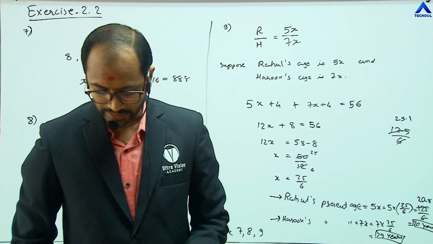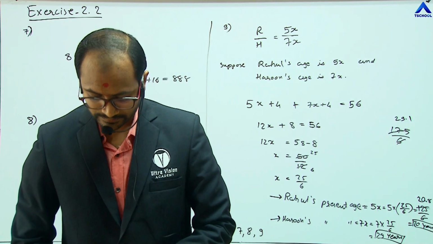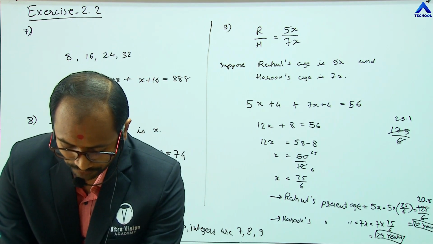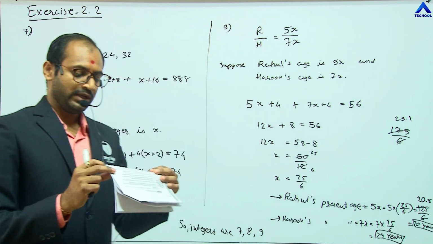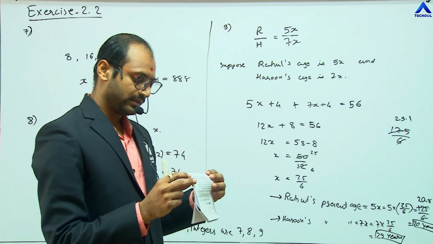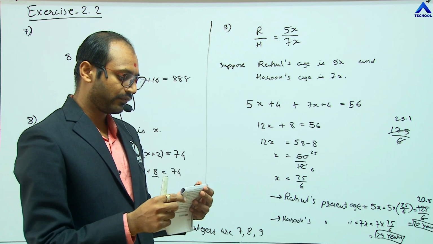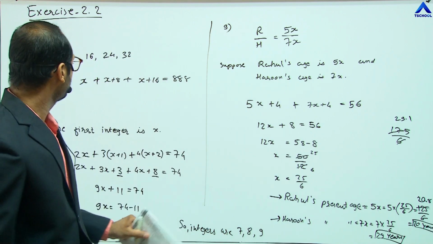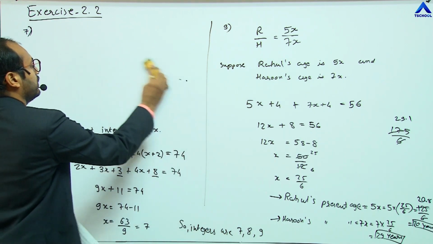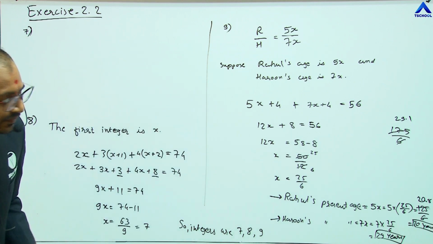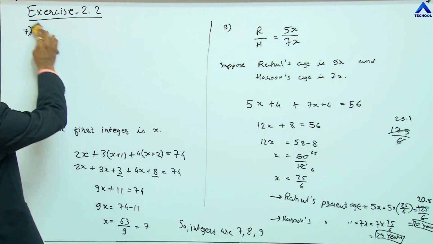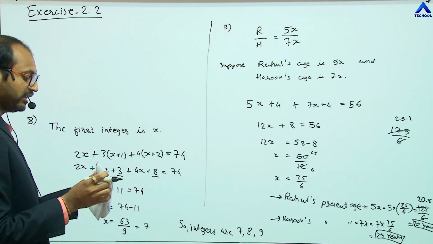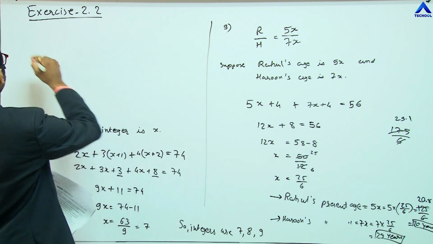Now let us move ahead to question number 10. The number of boys and girls in the class are in the ratio of 7:5. The number of boys is 8 more than the number of girls. What is the total class strength? This is also a simple question. Similar to this, we can solve it very easily. Let me explain how we get the equation from this problem.